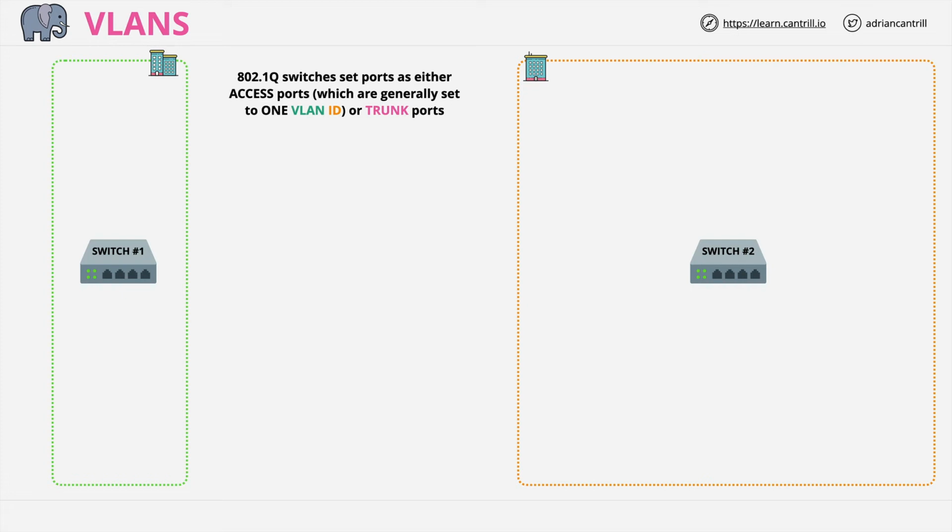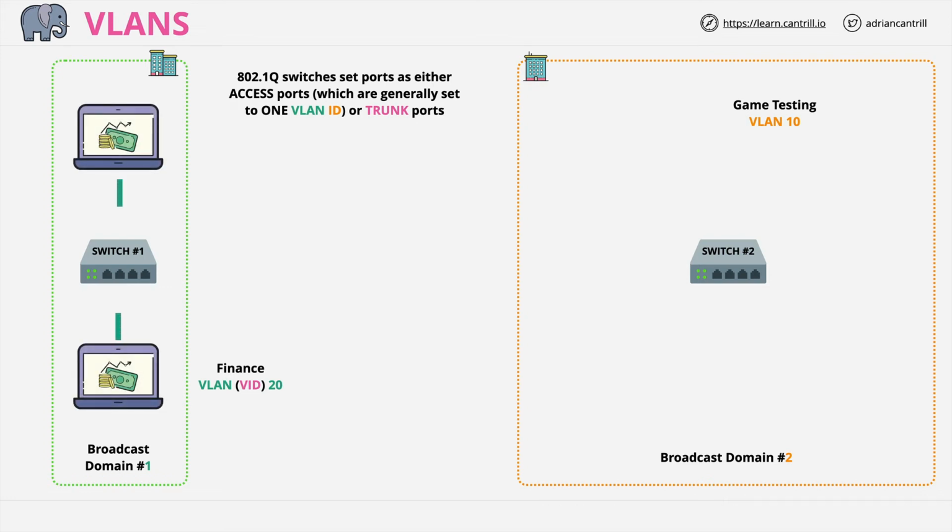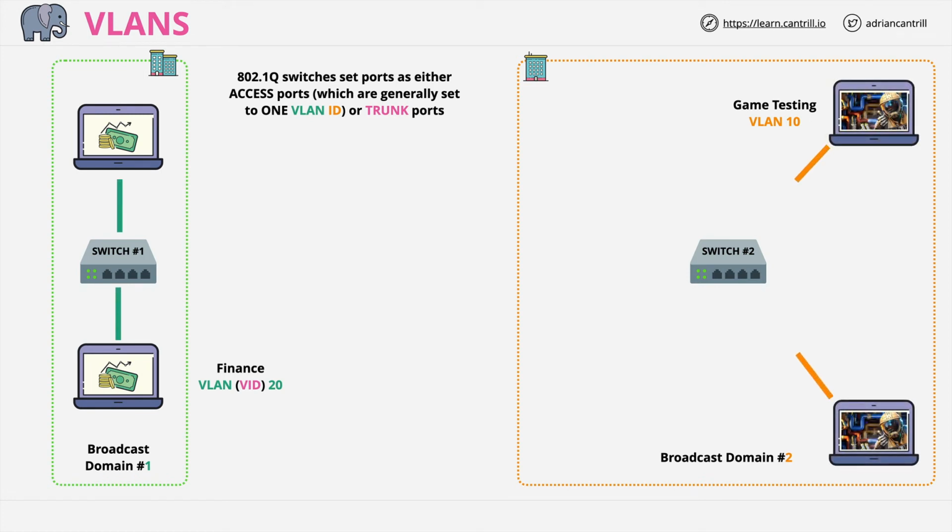So let's say that we allocate the finance team devices to VLAN 20 and the game tester devices to be VLAN 10. We could easily pick any other numbers. Remember, we have over 4,000 to choose from, but for this example, let's keep it simple and keep 10 and 20. Now, right now, these buildings are separate broadcast domains because they have separate switches which are not connected, and they have devices within them. 2 laptops connected to switch number 1 for the finance team,